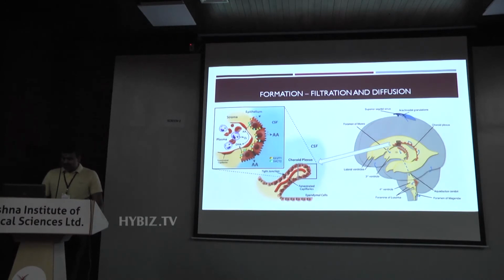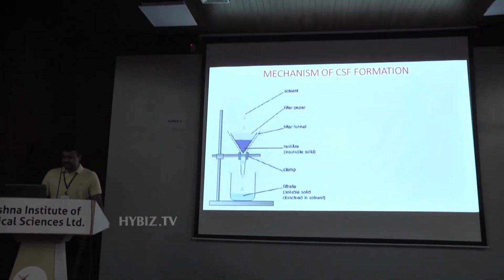So the secretion of CSF: what exactly is CSF? CSF, as the name means, is cerebrospinal fluid, which is situated in the cranial cavity as well as in the spinal canal. All of you must have done this experiment in your school days. What exactly is this? It's a funnel with filter paper. You pour some solvent into it. There is some sediment which is retained by the filter paper, and some of it goes into the vessel below.